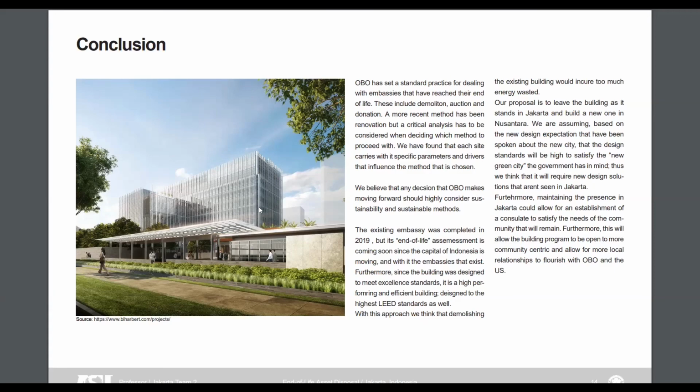And basically from what we gathered, we found that each site carries with its specific parameters and drives that influence the method of our redistribution option. And in conclusion, our proposal was to leave the building where it is and just have the new Centaura location reconstruct a whole new one, but just with the options of materials and so forth that